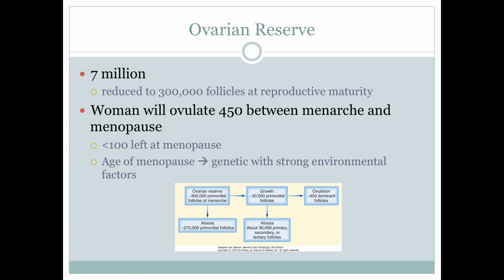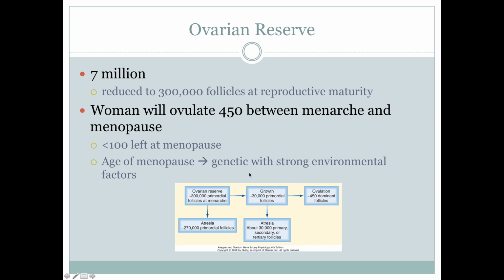The age of menopause, if you want to predict it for your patients or for yourself or whoever you're interested in, you usually ask their mother and their grandmother what age they went through menopause at, because there's a really strong genetic link to the age of menopause. It's pretty standard throughout families. There's also environmental factors that involve medications that are taken, surgeries that are done, hysterectomies. So all of those things are involved, but the biggest predictor is really just genetics of first order relatives.